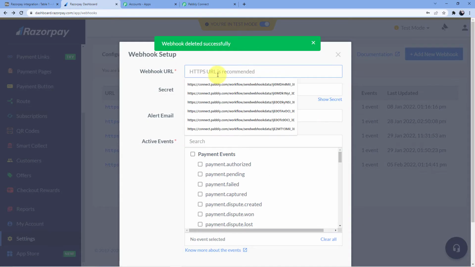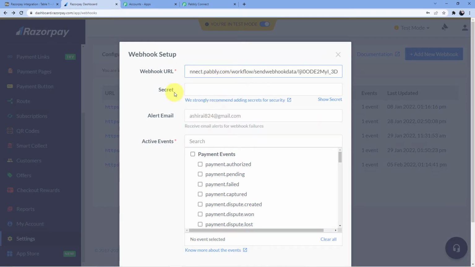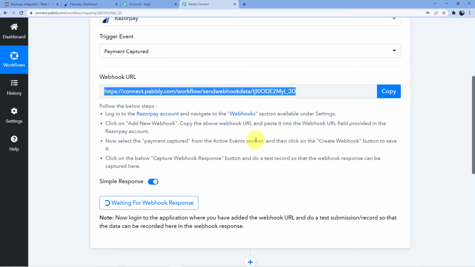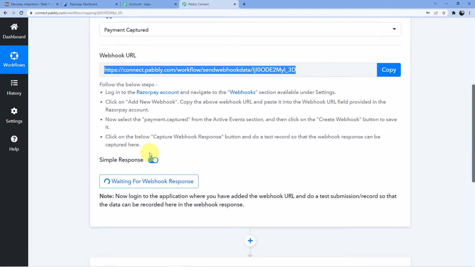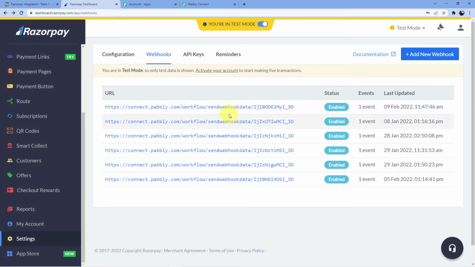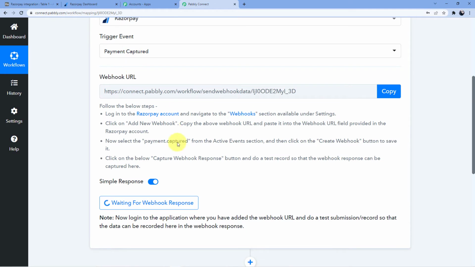Now here you have to paste the webhook URL. You do not have to select anything here. Now here you have to select payment captured. As it is written here, payment captured from the active event section. And now we have successfully added our Razorpay account to our Pably Connect account.